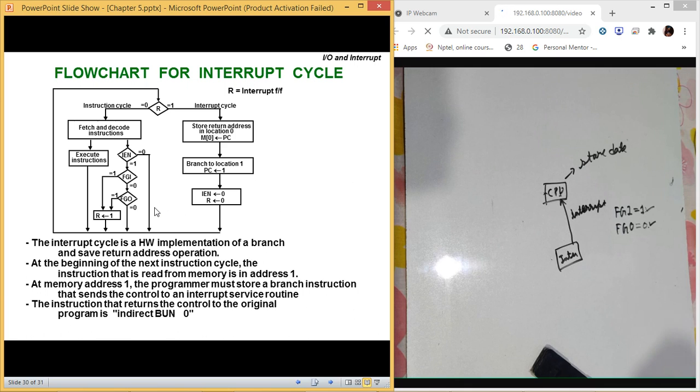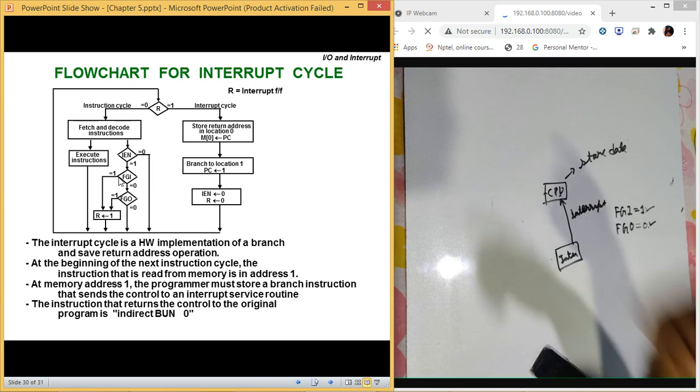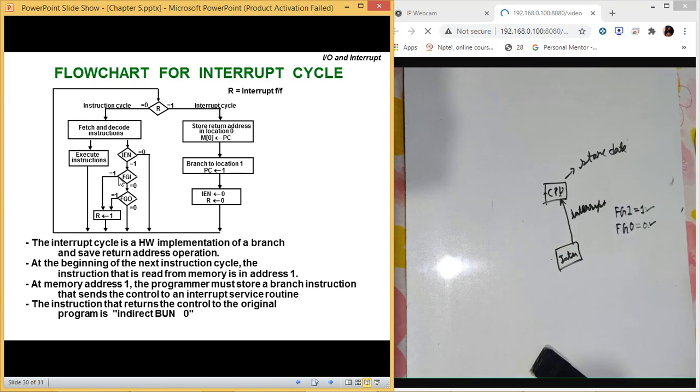Now in real systems, we feel that the system is waiting for our input, but actually the system is not waiting for your input. It keeps on executing its other work. When you enter the data, it accepts that. So it will keep on doing its work, and once it gets any kind of input or any type of change inside the FGI and FGO flags, then it starts executing that particular process.